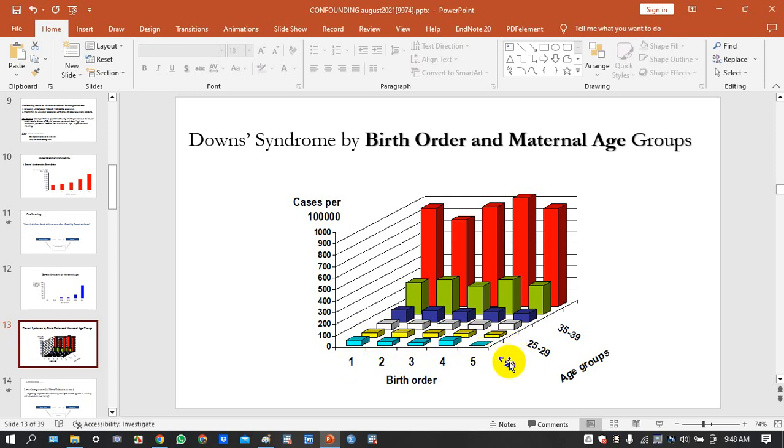But when you look at the age, 25 to 29, 35 to, we realize that as the age increases, you can see the columns are increasing in height. So 35 is here, then 39 to 40 is here, then 50 something is the red. You can see that the risk is increasing with age. So it's not the birth order, but rather the age that is causing the